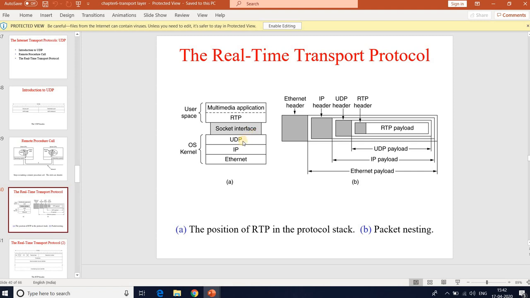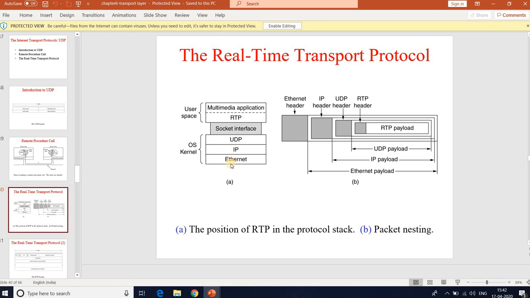At the other end of the socket, UDP packets are generated and embedded into IP packets. If the computer is on Ethernet, IP packets are then put into Ethernet frames for transmission. So the multimedia application data goes into RTP, then the socket, then the UDP protocol, then IP, and then Ethernet.